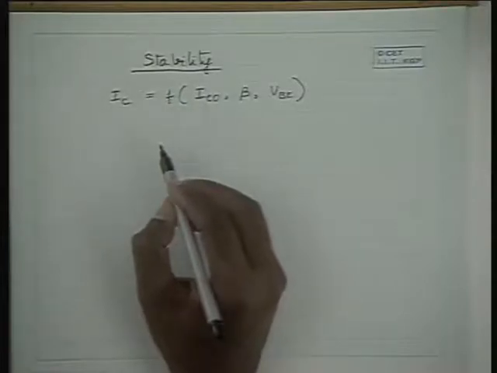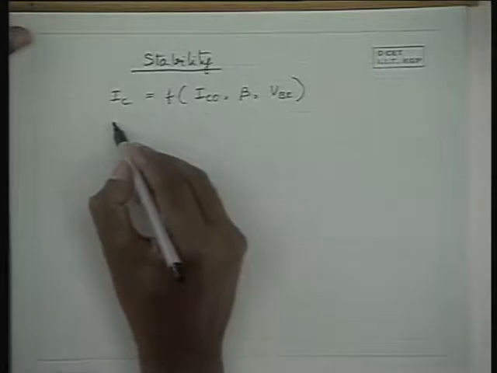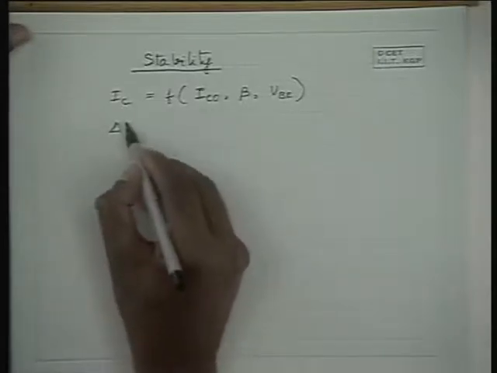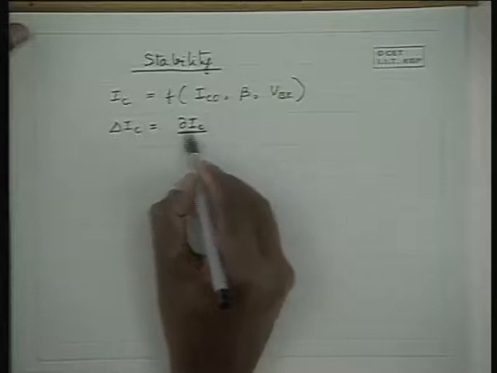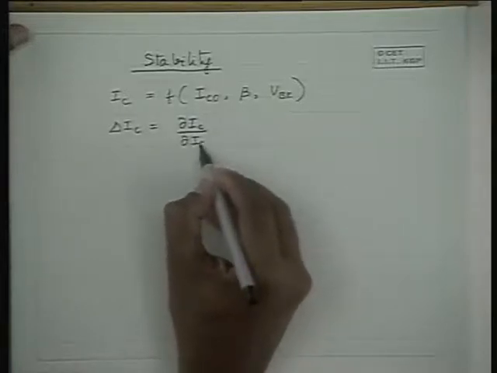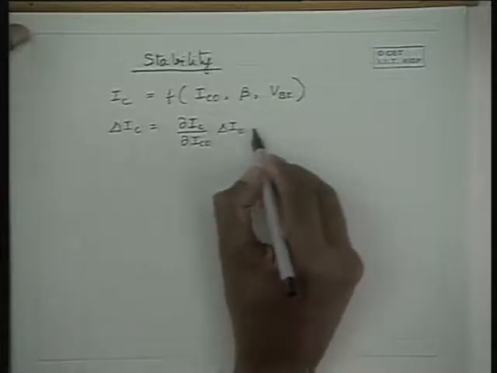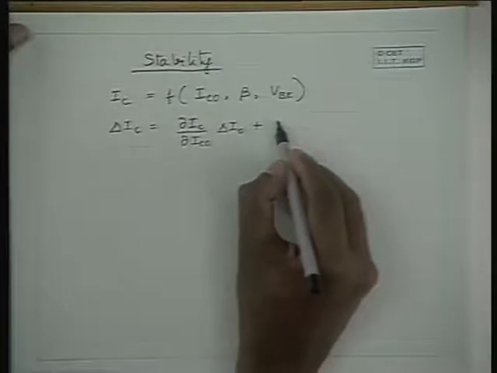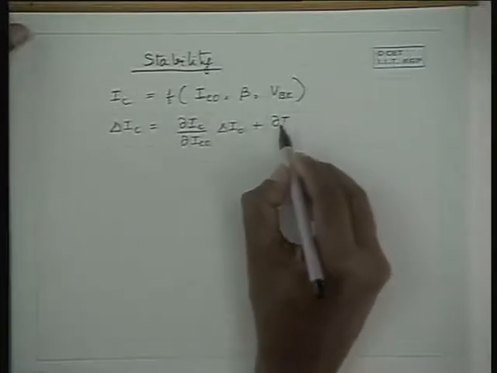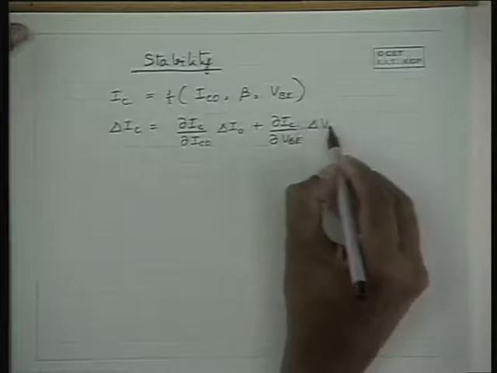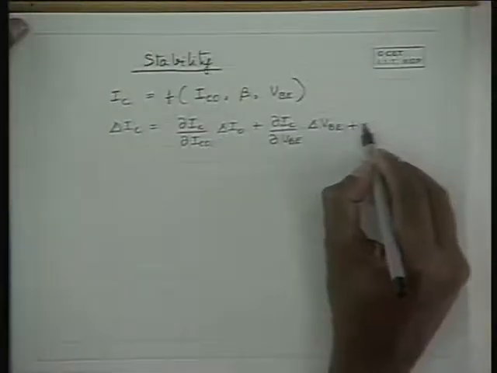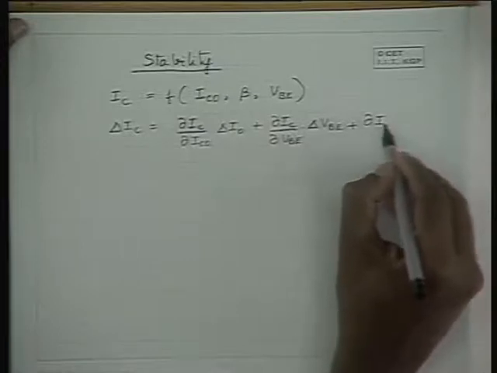changes with temperature. Now, we can determine this delta, the stability, in a quantitative manner like this. We can express delta IC as a partial dependence of del IC over IC naught multiplied by the change in IC naught that has taken place, plus the partial change in IC due to the partial change in VBE multiplied by delta VBE, that is the change that has occurred in VBE due to some temperature variation, plus the change in the partial change that occurs in the collector